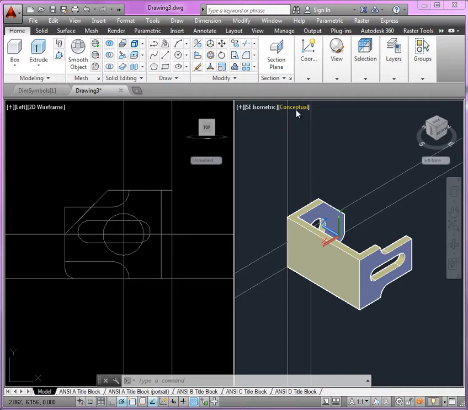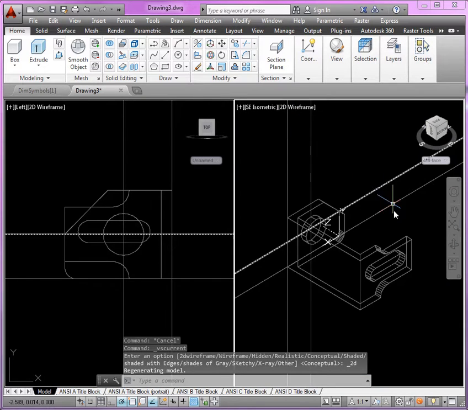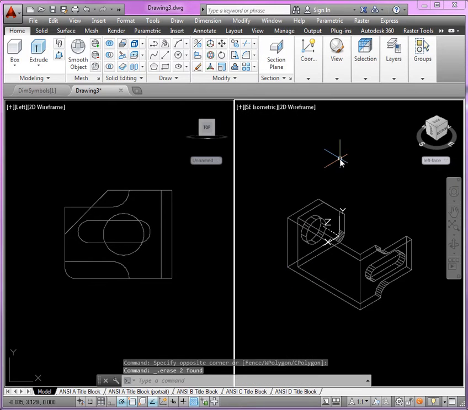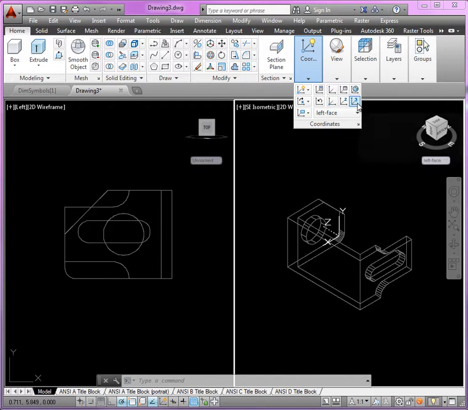So once again, let me switch over to 2D wireframe. Let's get rid of these temporary construction lines here. All right. Now to set up my front UCS, here's what I'll do. Go to coordinates, 3-point UCS,